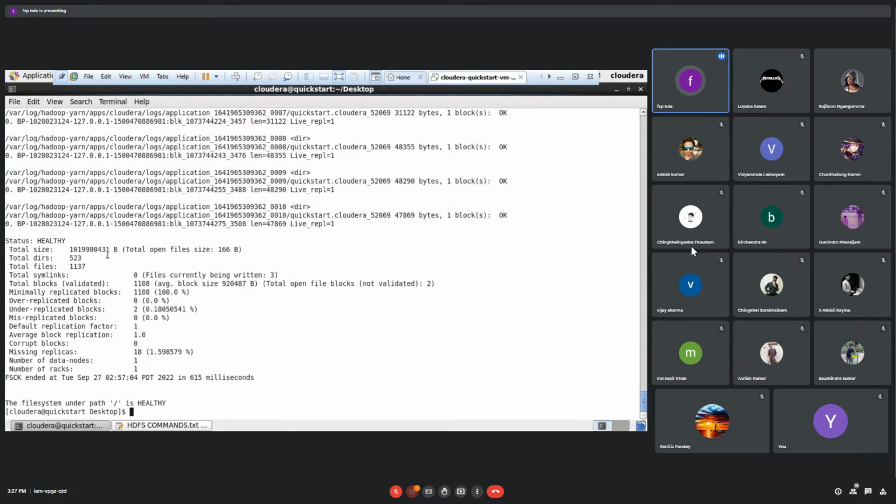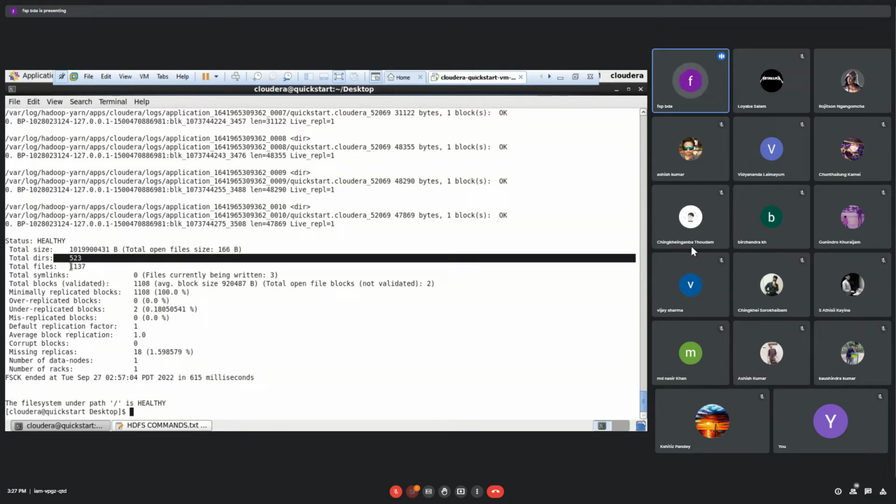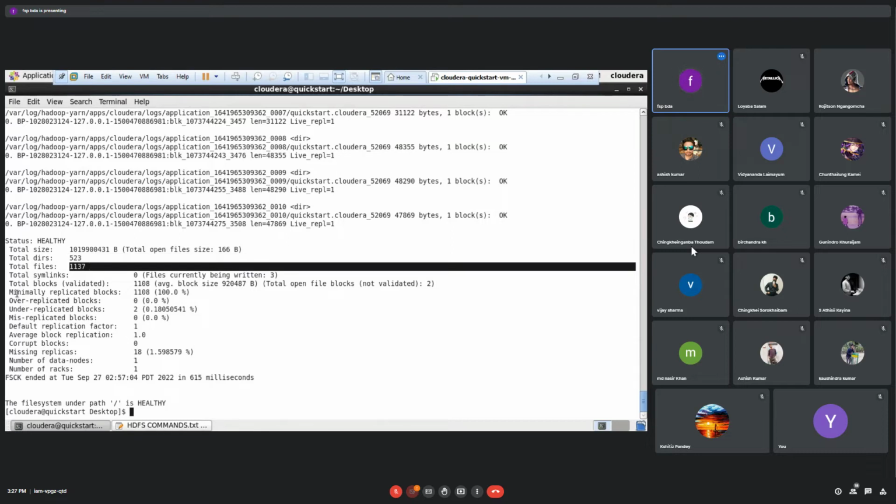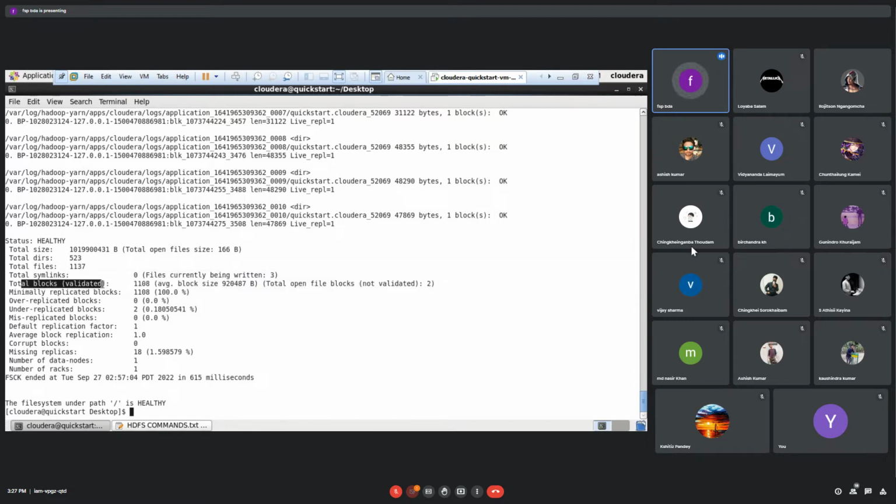See, total size of how many files we are having, total size is this. Then directories, how many directories, how many files we are having. Okay, total number of blocks, how many blocks we are having. Okay, so this is the thing. Over replicated blocks, under replicated blocks, misreplicated blocks,